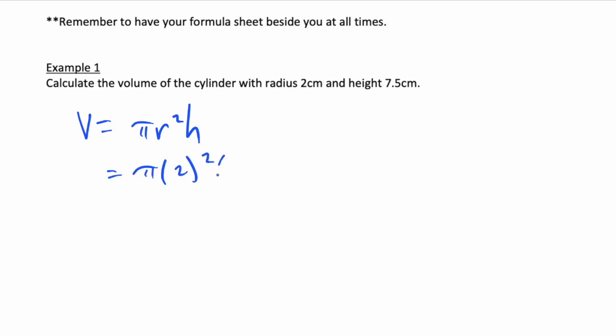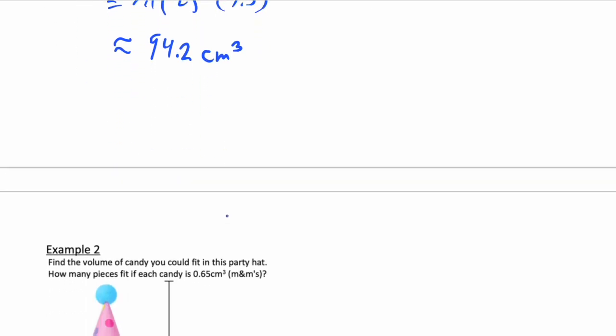So this one's a pretty easy one. You can type that in and round to three significant figures. That'll give us 94.2. It is a volume, so you're going to have cubic centimeters. Okay, and the next one,